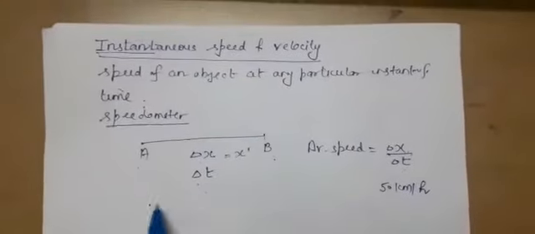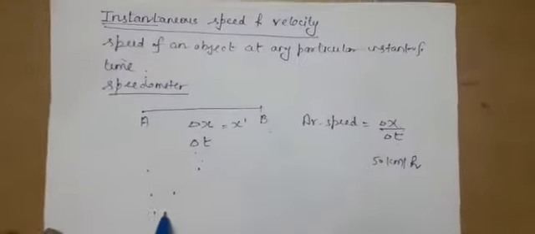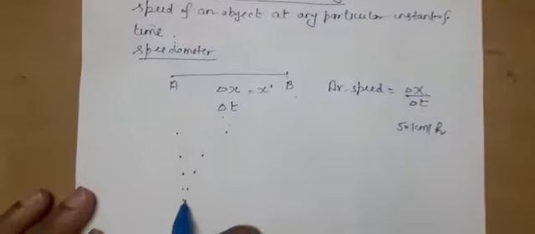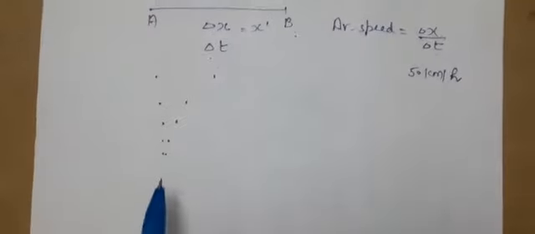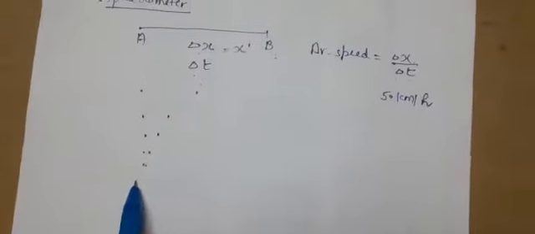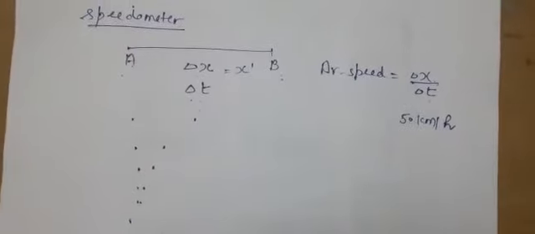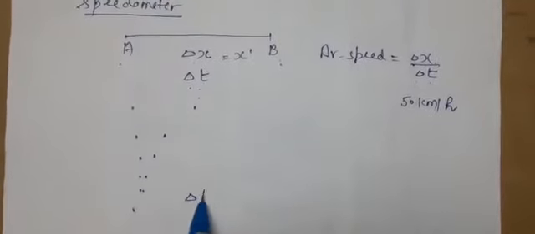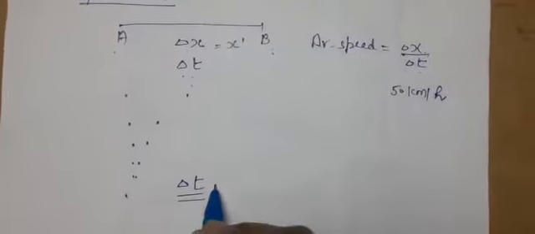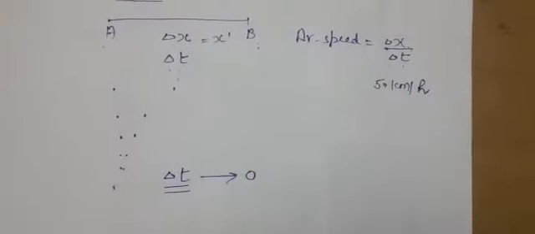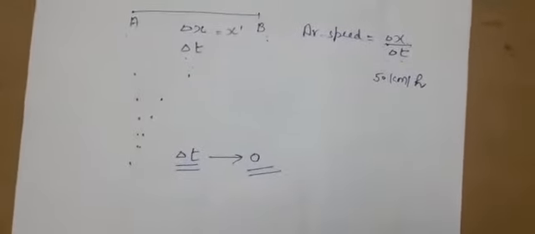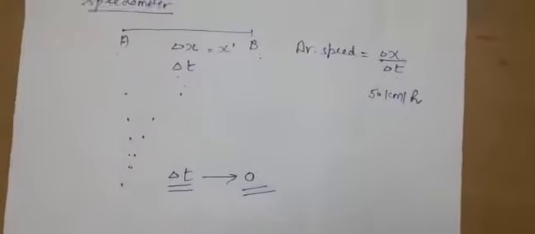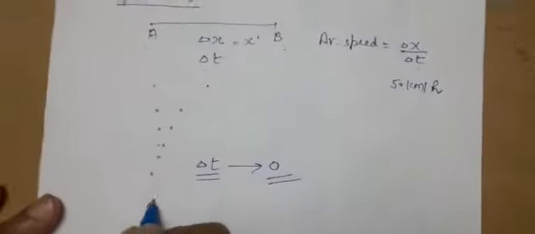But if we take the 2 points A and B very close to each other, with negligibly small separation, we are not able to distinguish between them. That means the interval of time which we are taking is approximately approaching 0. This is the main point which we are understanding here. I have already introduced this concept while introducing the concept of differentiation. Let me take it once again.